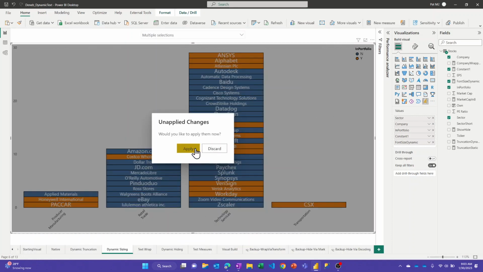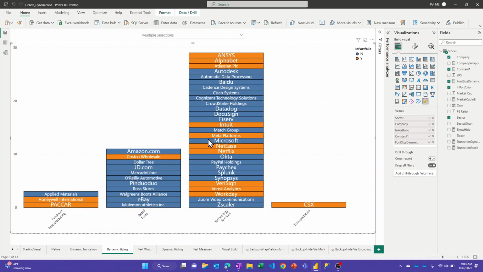I just did that, changing the syntax there, and it doesn't matter. So I'll just take that. All right. So that's dynamic sizing. And then the last one